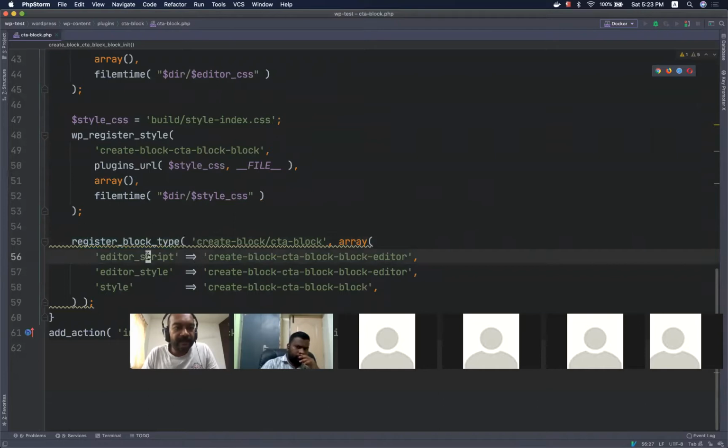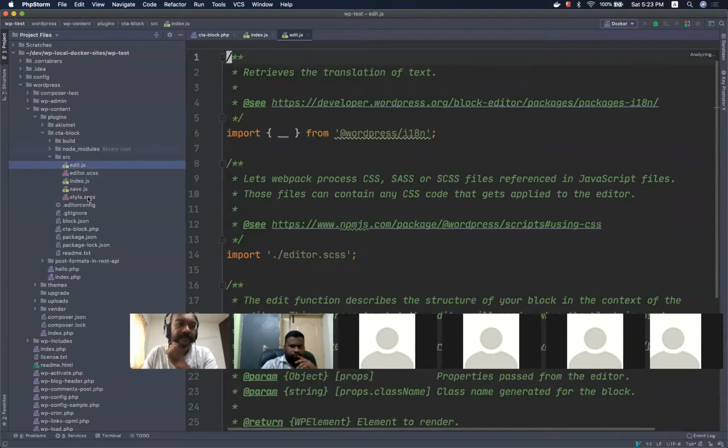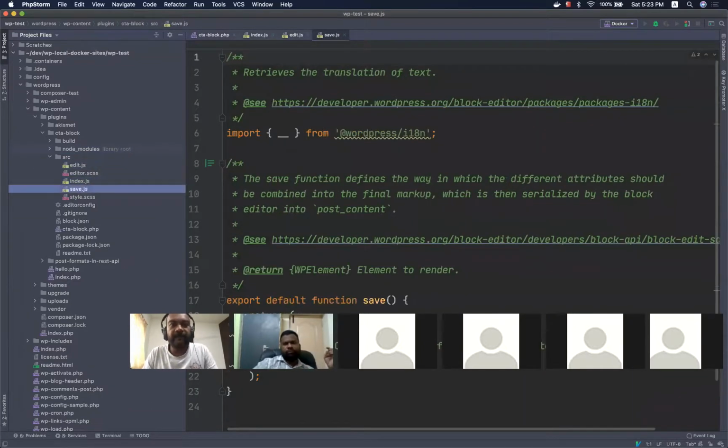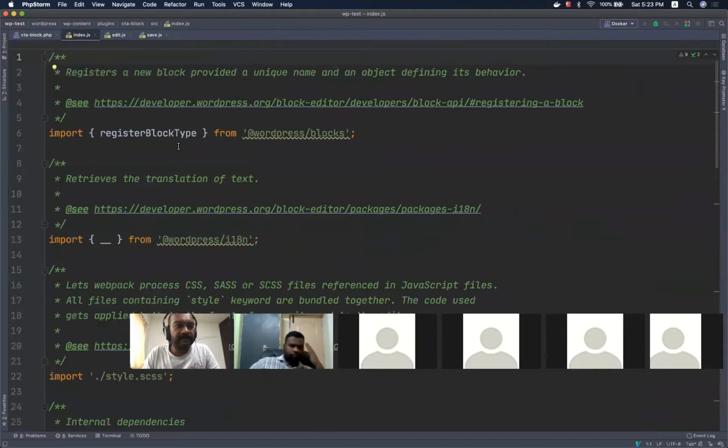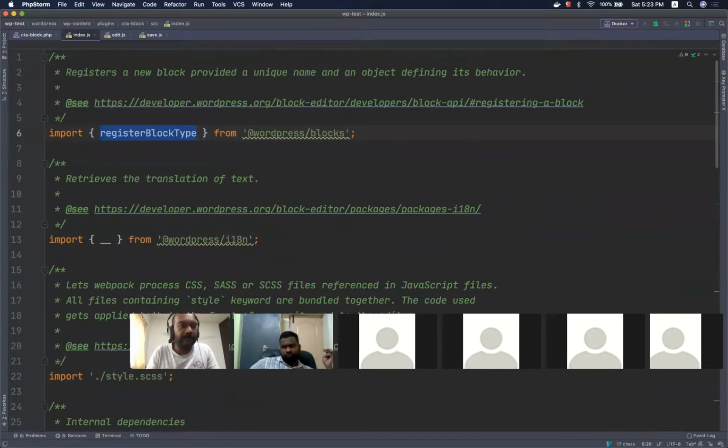And as I said, the editor script, editor style, and style. If we go to the source files, we will have three JS files. One is the index.js, edit.js, and save.js. Okay. In the index.js file, we can see that we are calling, similar to how we did it in the PHP, we also have to do the same thing in JS. We would have a function called register block type. And in the register block type function,